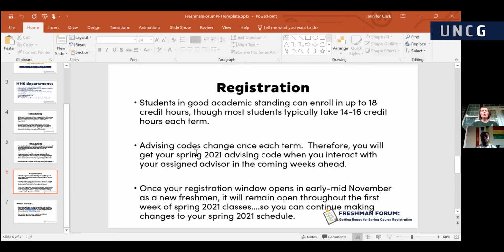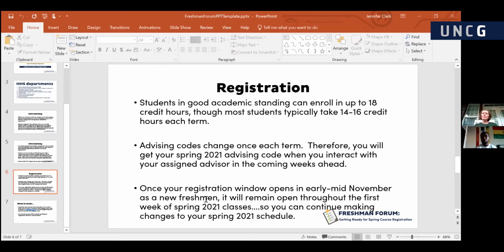So in early to mid-November, when freshmen will be registering for spring courses at the earliest, you'll log into your UNCG Genie account. It'll prompt you to put in your advising code, and then you can go from there to enroll in the courses that will be available at that time. Once your registration window opens in November, it will remain open all through the winter break up until the 5th day of classes for the spring.